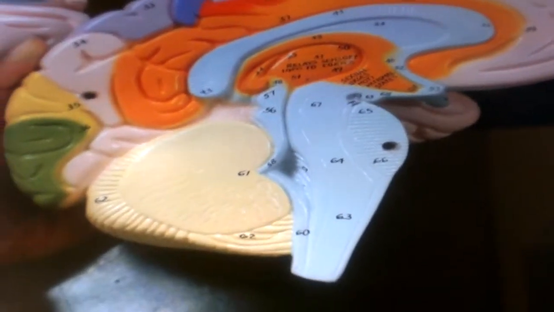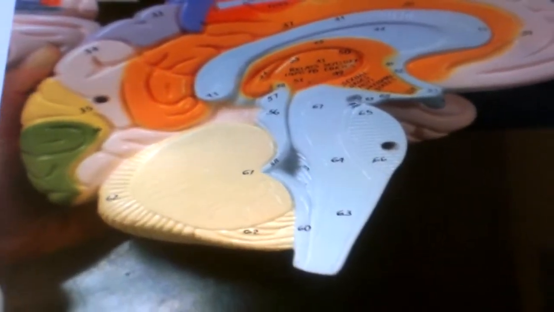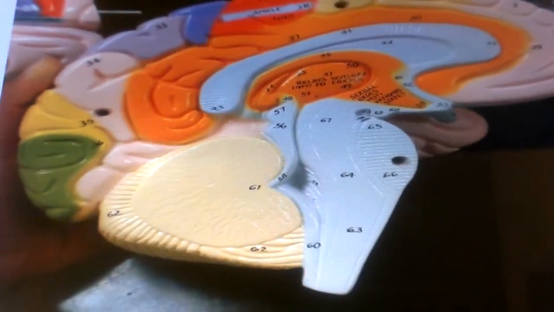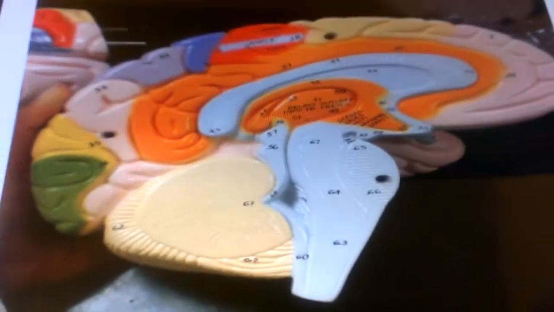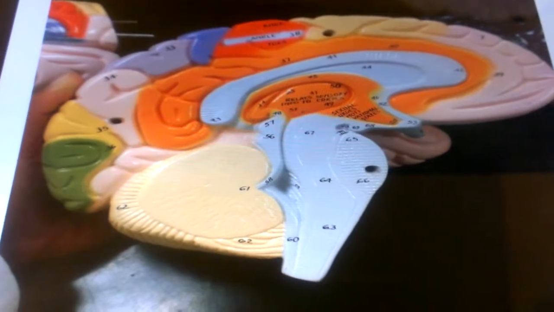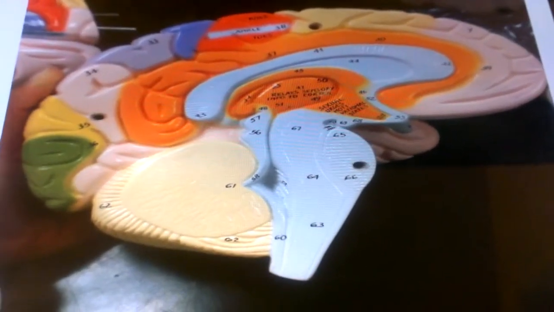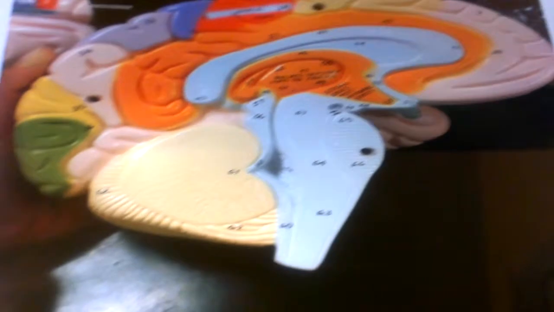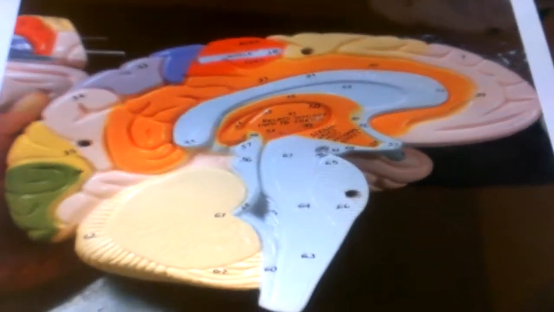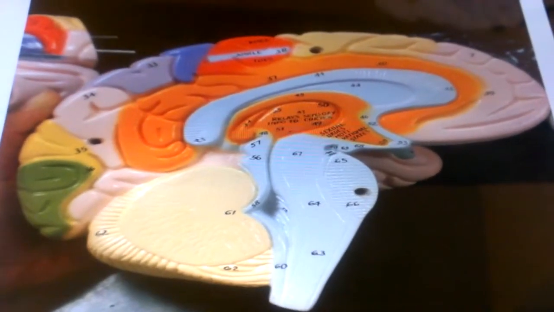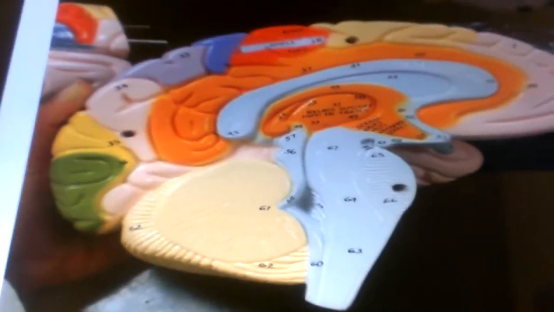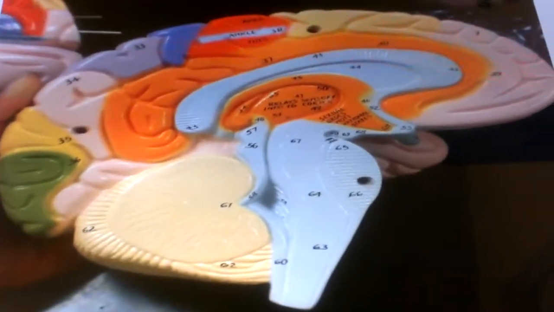Now, I just spoke to you about the cerebrum, the diencephalon, the cerebellum, and the brainstem. The brain itself is very, very important. We have certain parts of the brain which control different functions. The brain as a whole, you see it as one big organ, but it actually doesn't really separate itself. But with the sulci and the gyri, each part, like you see these colors, they all have their own unique